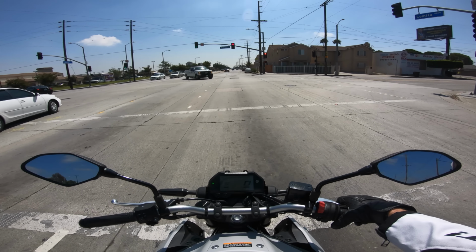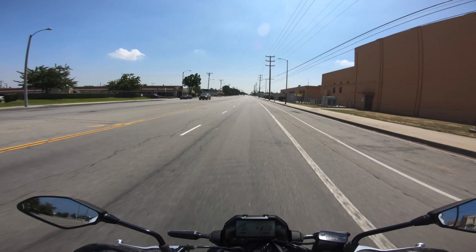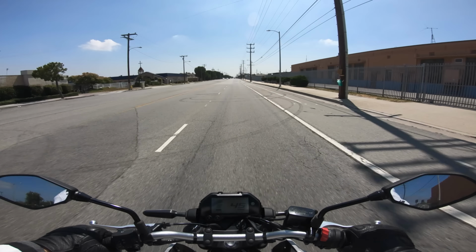What else is there? Z400, of course, which I believe is $5,000, if memory serves. So again, a little bit more expensive than this. Basically the same. The styling's not quite as polarizing on the Z400, and the ergos are maybe slightly different, but it's largely the same bike, if we're honest. You do get a little more punch out of the Kawasaki engine, so that's something to consider for sure. And then you got your